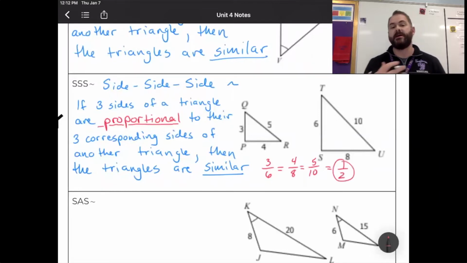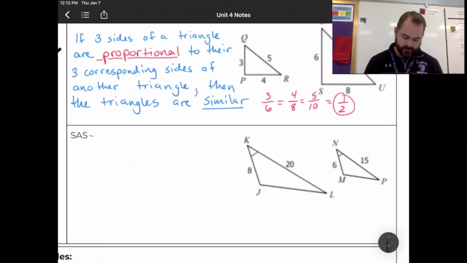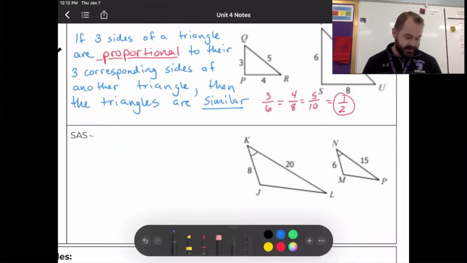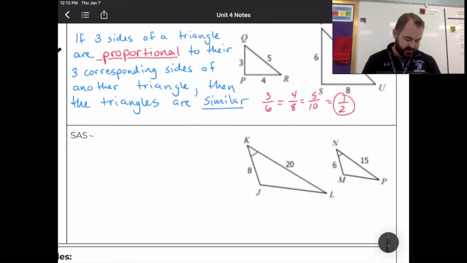So all three sides of the smaller triangle are proportional to their corresponding sides in the larger triangle, because they all work out in a 1:2 ratio. That means these triangles have to be similar. Even if I don't know any of the angles, if I can show side-side-side similarity with proportional side lengths, the triangles have to be similar. Okay? We've got one other theorem to discuss, and that is SAS, which you probably understand means side angle side,